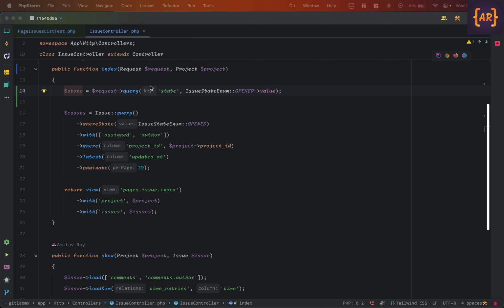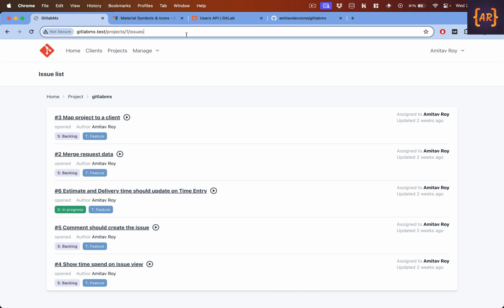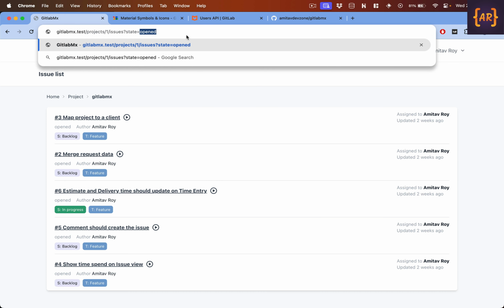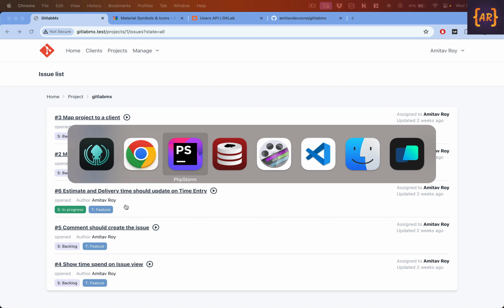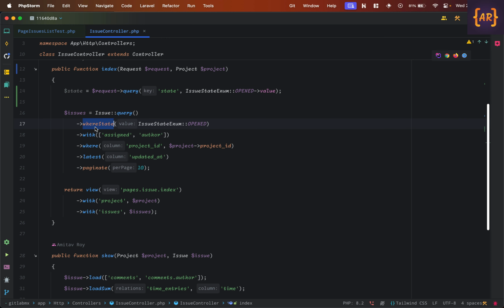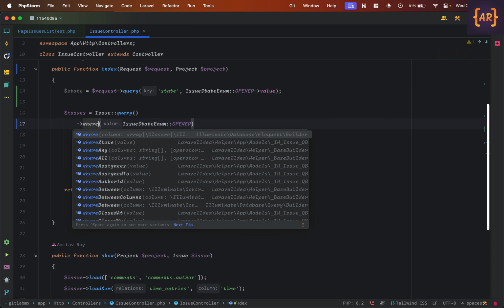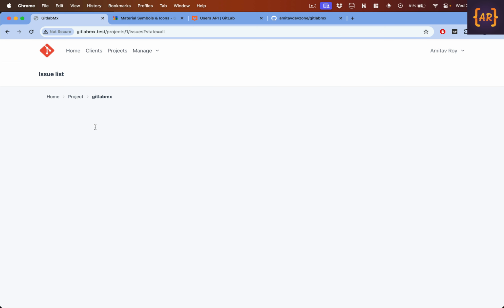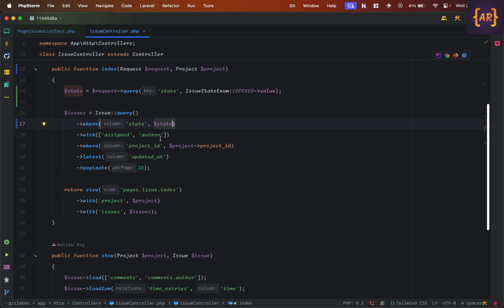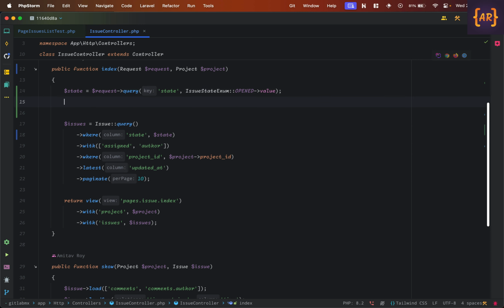For example, who is stopping a user from, if he knows that I have this kind of a query param, say all, and then what do I do? I don't have a parameter called all, and if then my where condition is suddenly looking like state, dollar state, which is all, everything is going for a toss, right? So to handle this scenario in a better way, what I will do is,